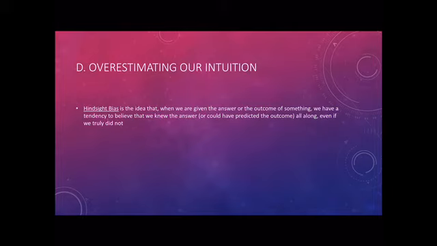Okay. So hindsight bias is really only used in the context of saying that once someone finds out the result of something and then they say, oh, well, I would have known that, I could have predicted that, that is hindsight bias. When you are presented with the answer and so you rationalize that answer and think, oh, well, I would have known that, that's so obvious. So once we are given the answer, the outcome of something, we have a tendency to believe that we knew the answer or could have predicted the outcome all along. Hindsight bias is also called the I knew it all along phenomenon.